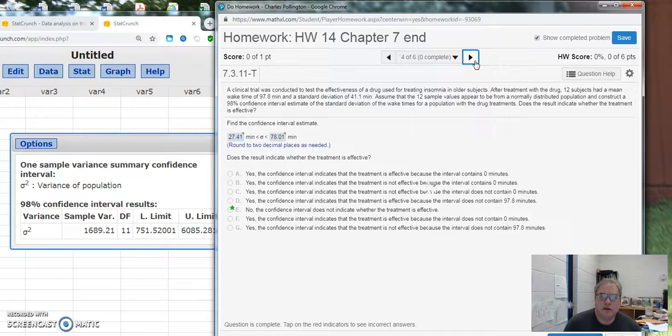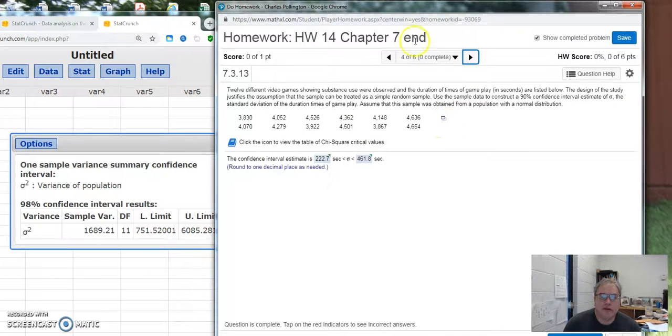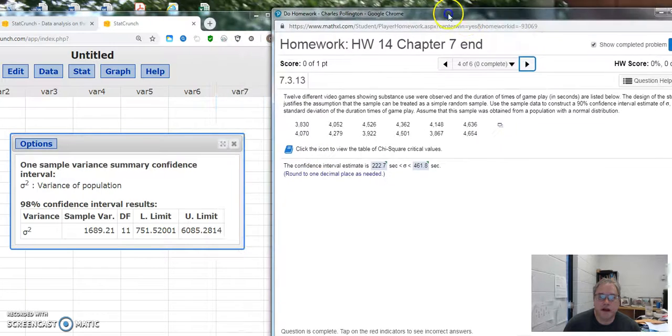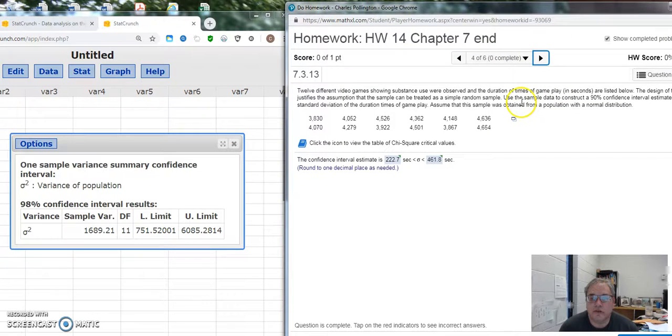Now if I go to another one, here's another one. And I don't care about the chi-square icon. It says, use sample data to construct a 90% confidence interval estimate of sigma for the standard deviation of the duration of game times played. All right, so I'm going to take this and